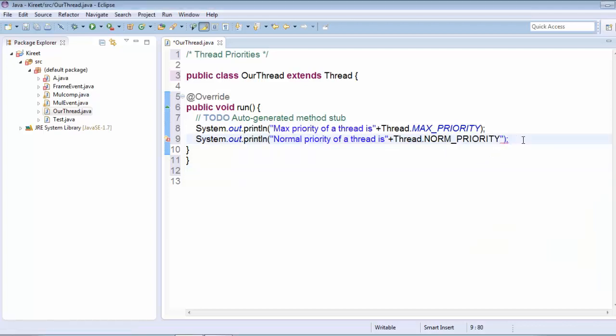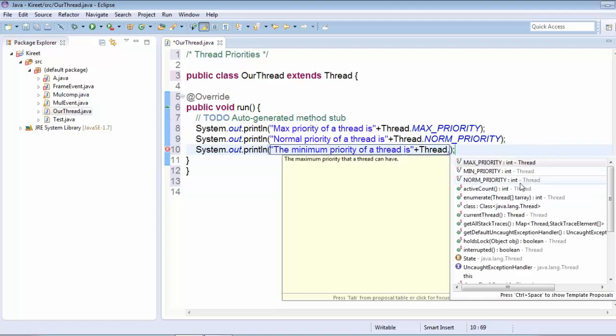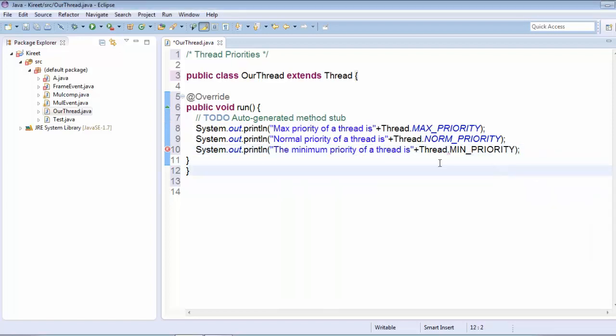Then sysout, the minimum priority of a thread is plus thread dot, this is the minimum priority. So it will return the maximum priority, the normal priority and the minimum priority. These all are static in nature.